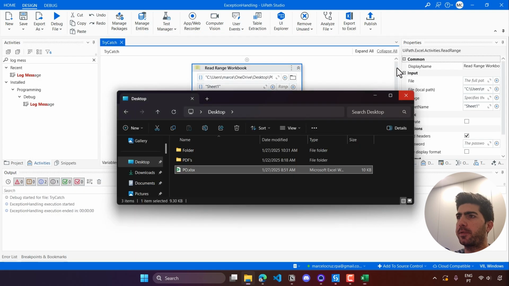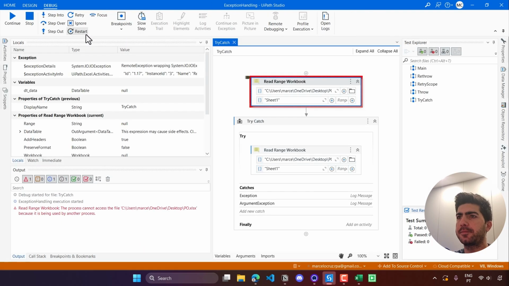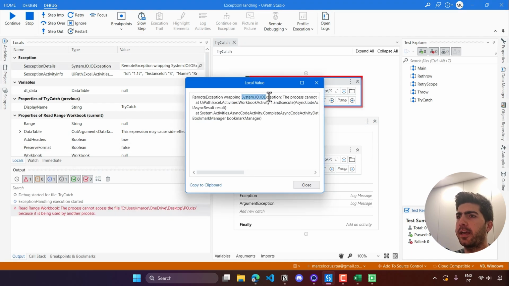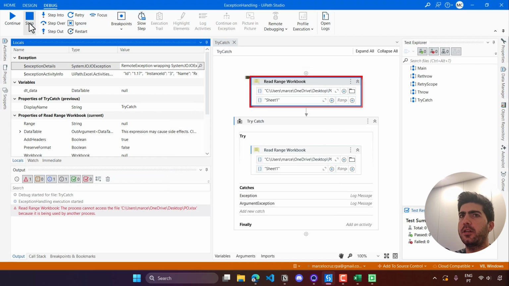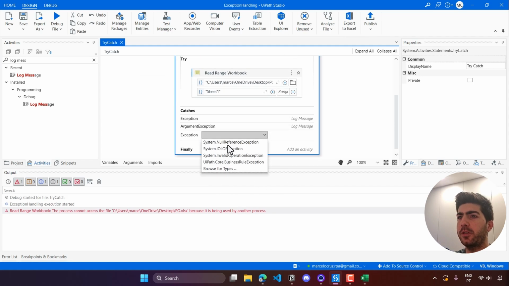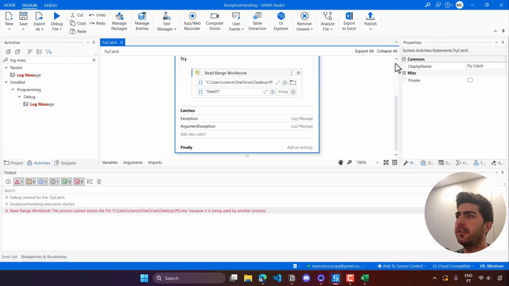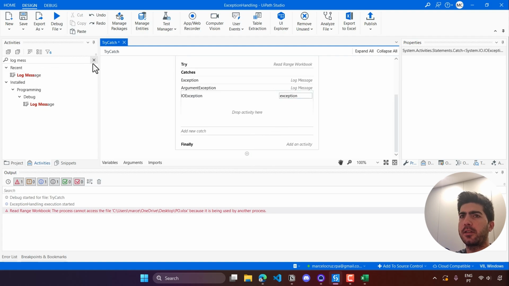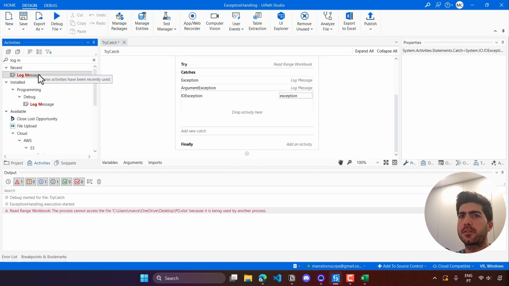So first I'll just open the file again and run again. And here on the exception details, we can see it's an IO exception. So here we can just stop. And now let's add a new catch. So for IO exception, and if the exception type that you are searching for doesn't appear, you can browse for it more specifically. So I'll just add a new catch, and here a log message